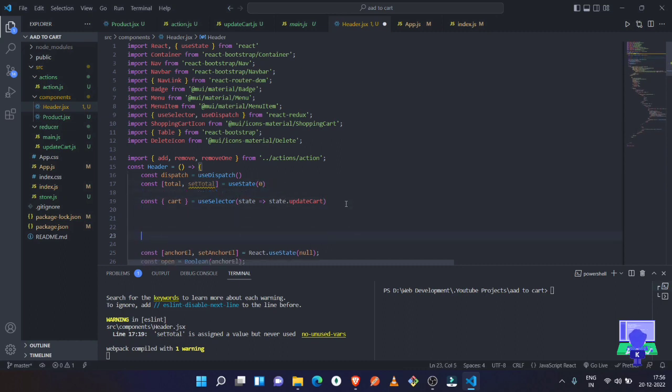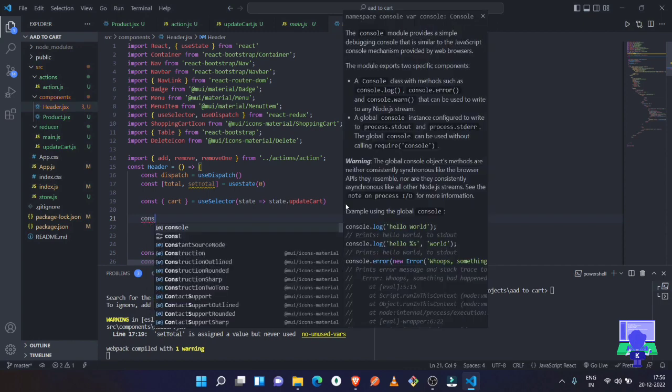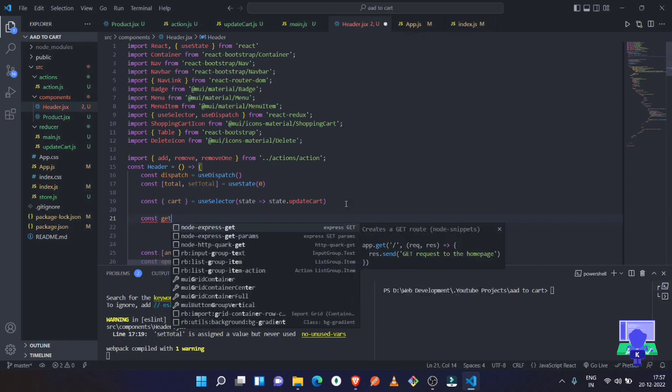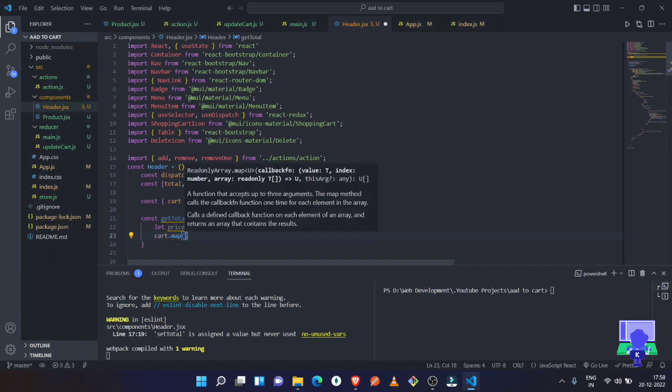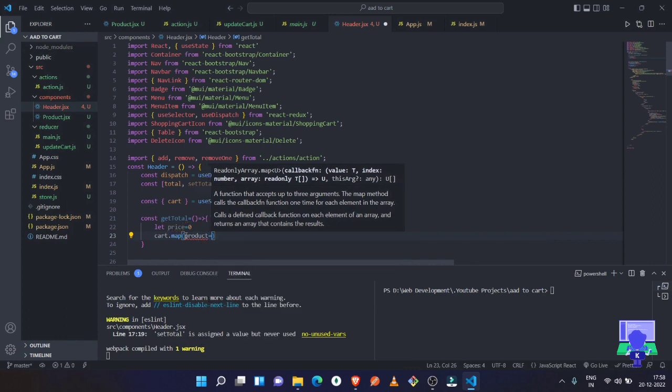operation on this cart. Before that, we just need to make a function inside which we're going to set our total whenever this page reloads. So make a function here, const getTotal equal to, and then inside the pair of curly braces we can perform the map function on cart. Before that, we can take a price variable. So price equal to 0, and here cart.map, and then product implies, and here